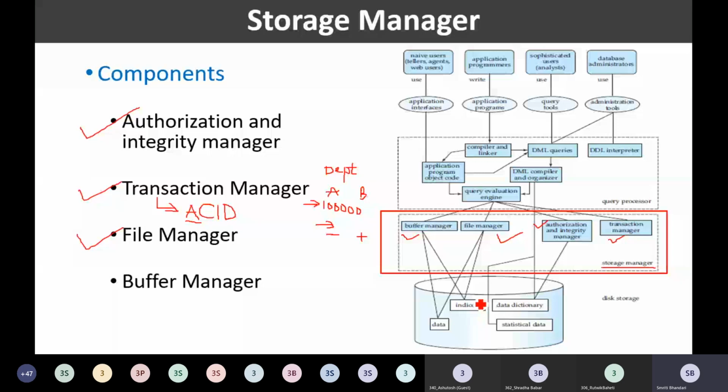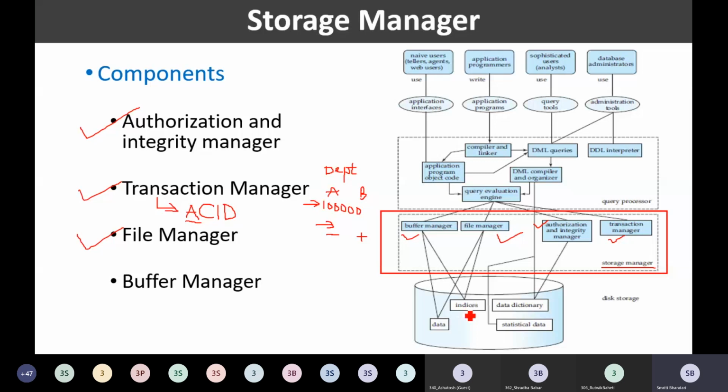So as we are having lots of things, those are being stored in the form of some files in the disk storage. My database system needs to manage the allocation of the space on disk storage. My database system needs to manage the data structures that are being used to represent the information onto the disk. So who is going to take care of all this? The data, the index files, and its management, allocation of data onto the disk.